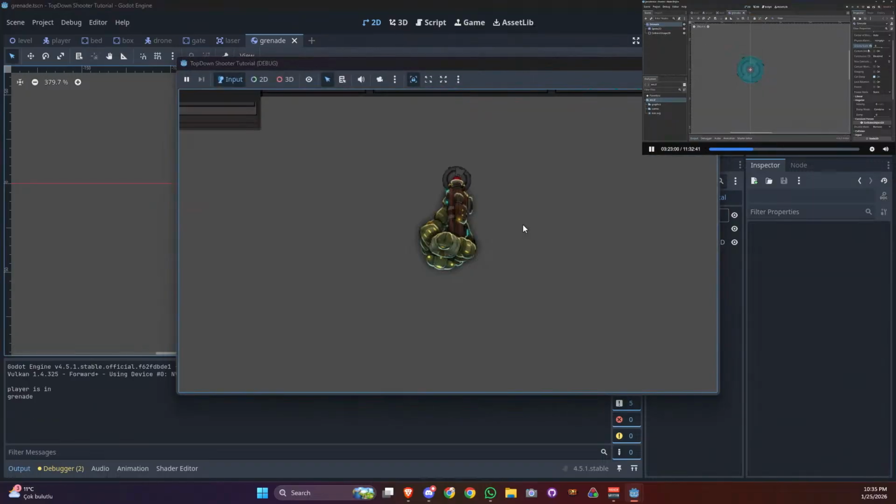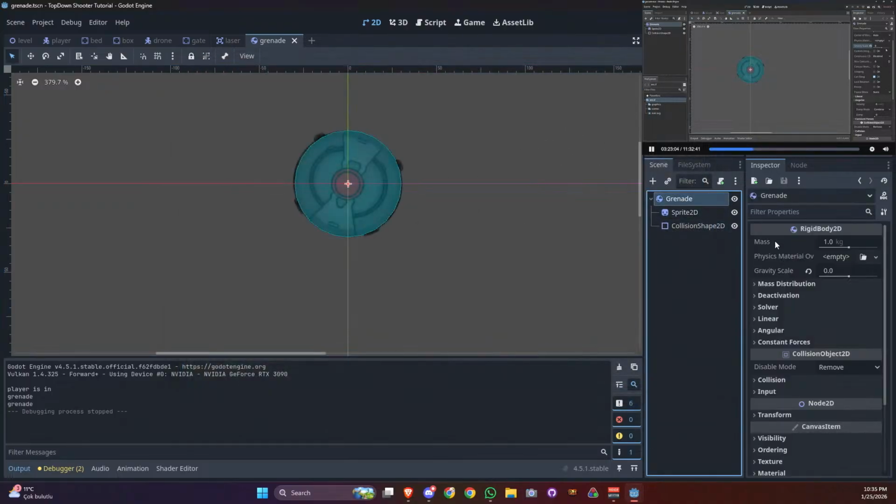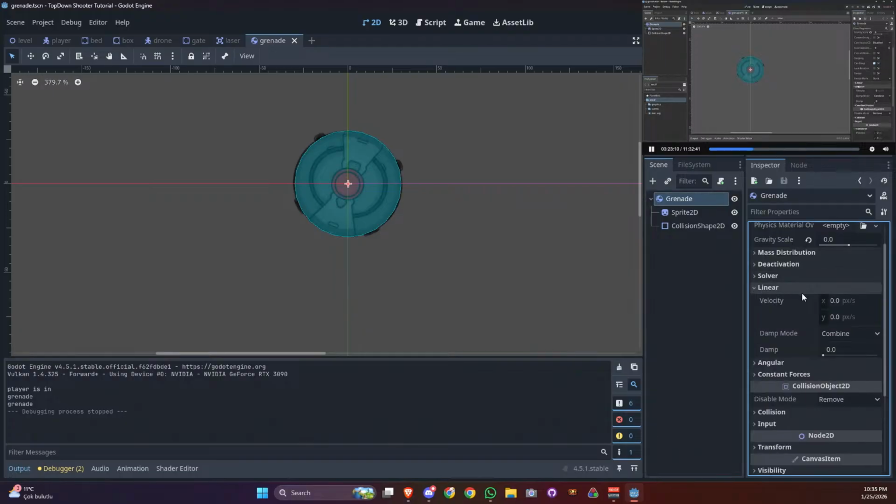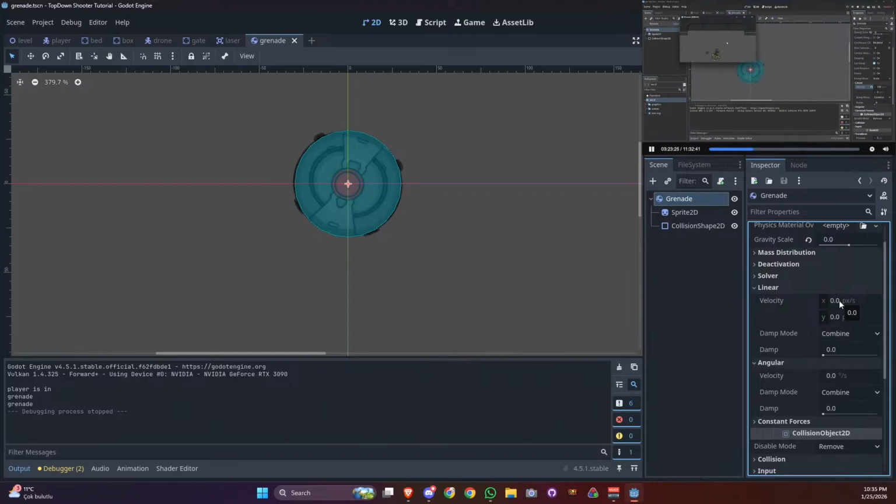Basically, with this setup, we have a static body. So how can we actually change things? For that, you would want to look down a bit, and there we have linear and angular. Linear is the easier one, and there, for example, we have velocity. This is the movement of this rigid body. There we have x and y. For example, if I set x to 100 and run all of this again, then we have a movement to